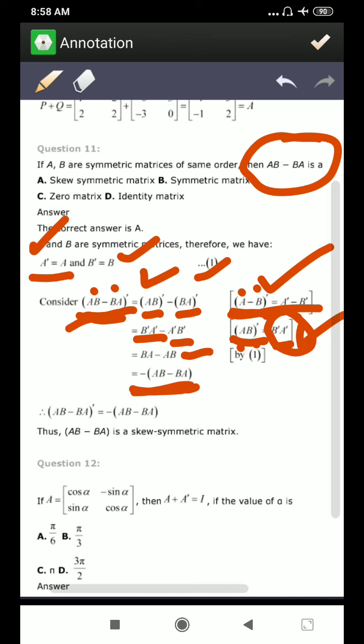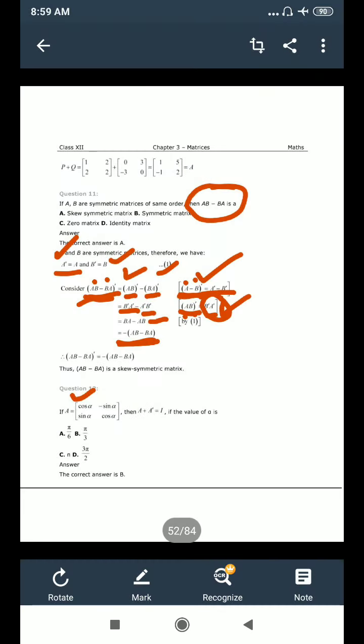All right. Now this question is given. A matrix is given. It is given that A plus A transpose is the identity matrix. What is alpha? So you see,